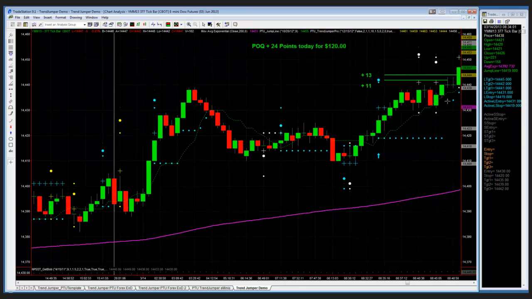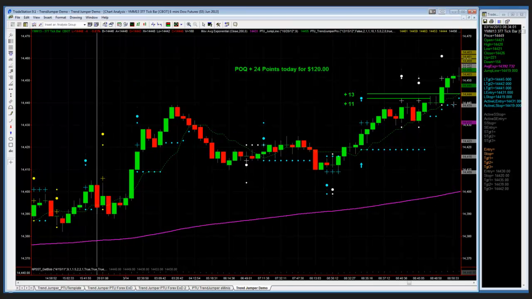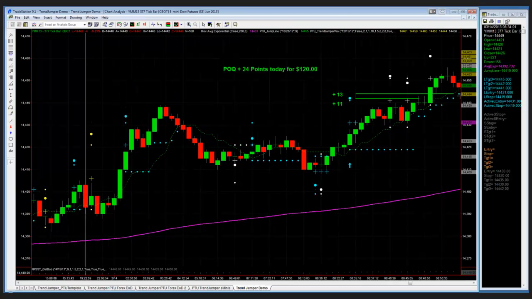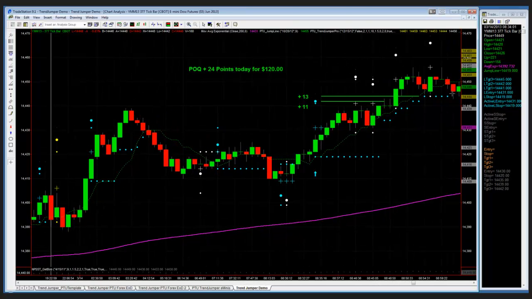We're able to scalp, but we're also able to put on a second position, eliminate the risk entirely, and we have an opportunity for a much bigger move. And today it wasn't really a much bigger move. It looked like it had the chance to become one, and the stop kept moving higher and higher, even a little higher, and it looked like it was going to go. But it hit some resistance, it came back down, and that trade stopped out for 13 points, the second half of the position. So in one trade, we're able to make 24 points, and that's it. That's our trade plan. We're done for the day.